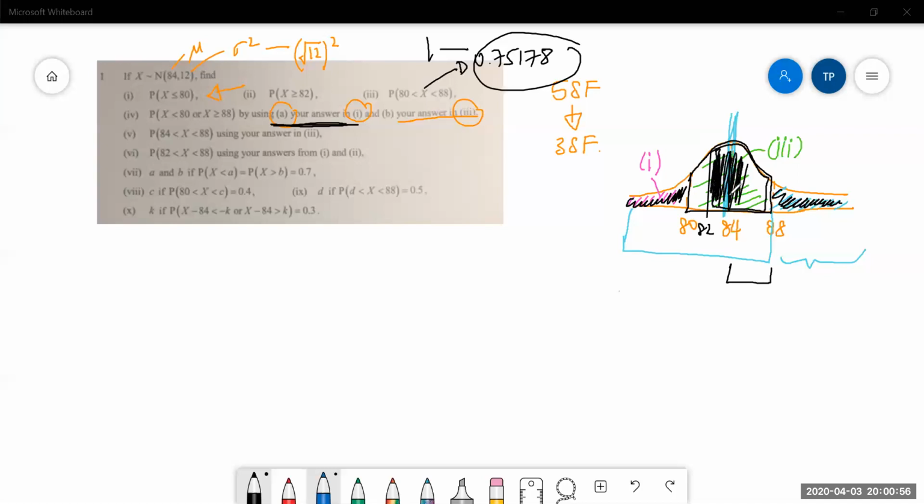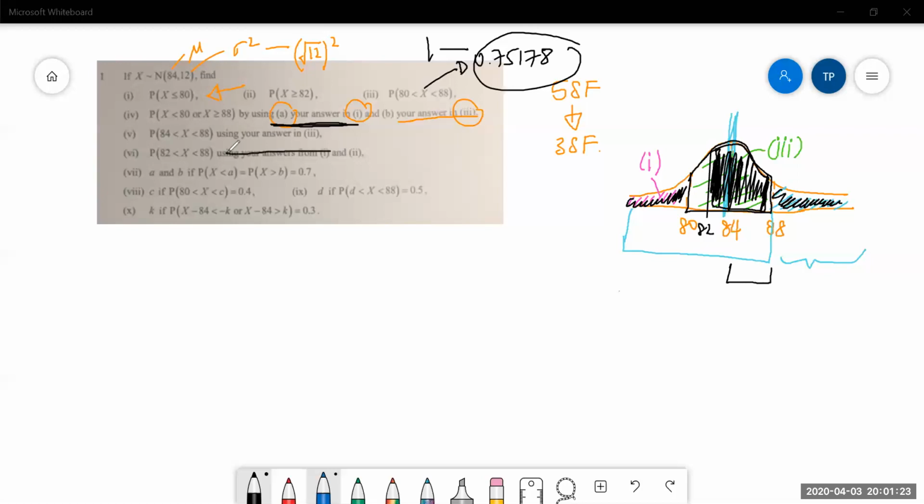Now what I want is this part. How to find it? We can use the part